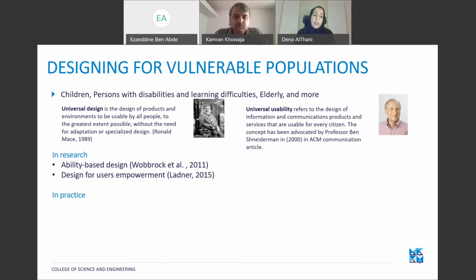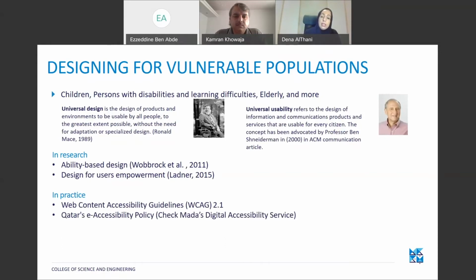In practice, there are the famous WCAG guidelines, the Web Content Accessibility Guidelines by W3C, which are very famously acknowledged. Actually, they turned into law and policies in many countries, and these are simple design guidelines to guide the design and accessibility of web content. The Qatar e-accessibility policy was established in 2011, something I'm very proud of in Qatar, and now MADA's digital accessibility services is taking over to ensure the accessibility of the design of websites and products when it comes to government